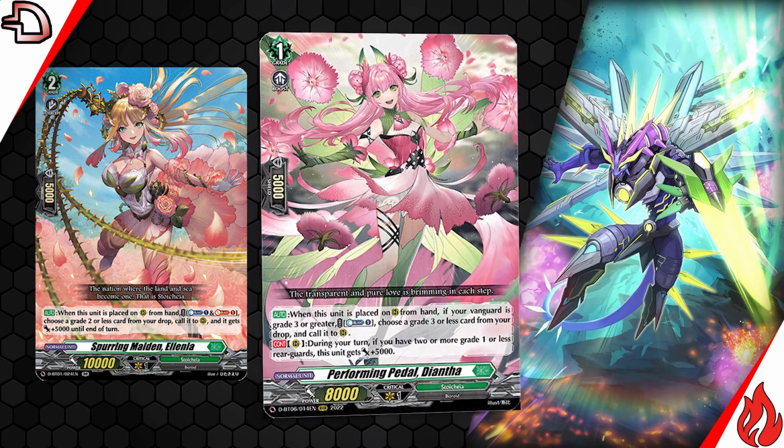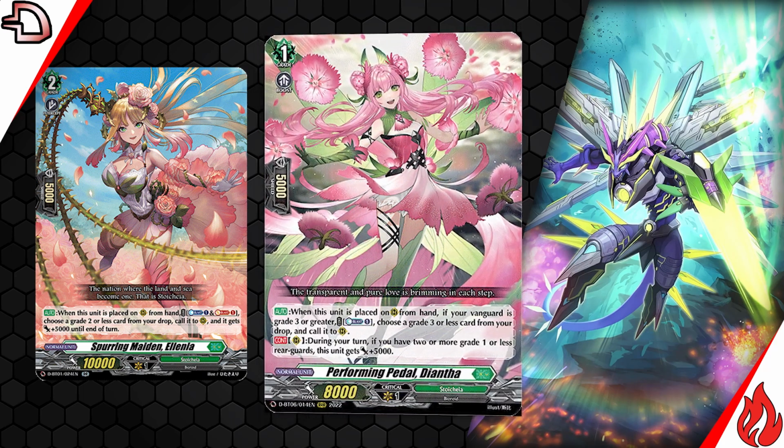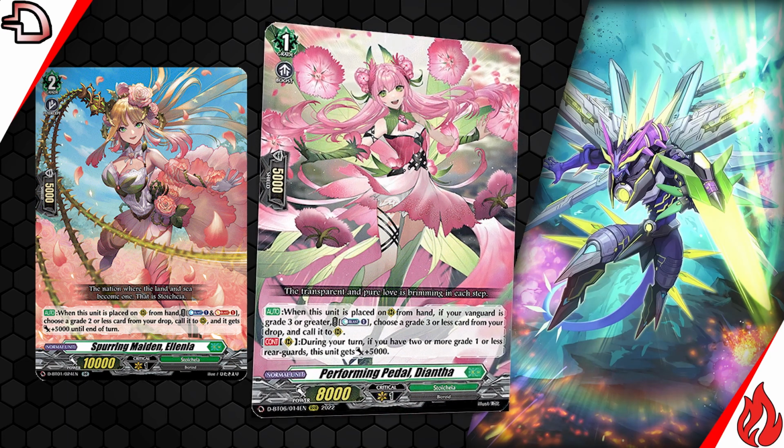It can only revive grade 2 or less though, but it gives it 5k power. So if your deck isn't super reliant on grade 3s, then Elenia is a great option. And then there's also